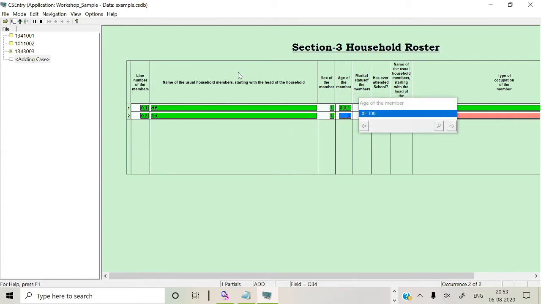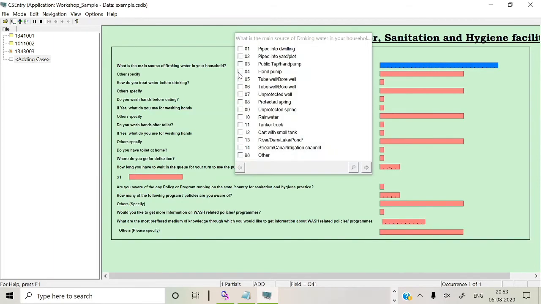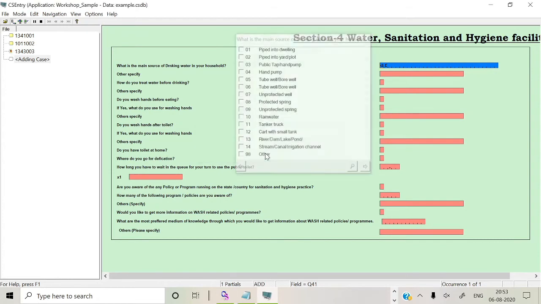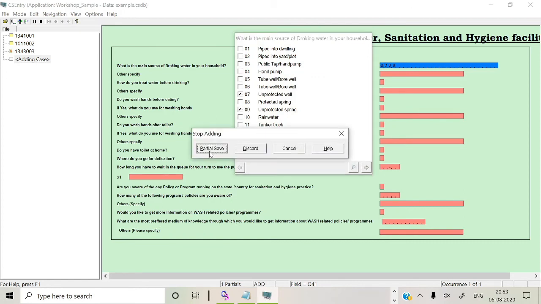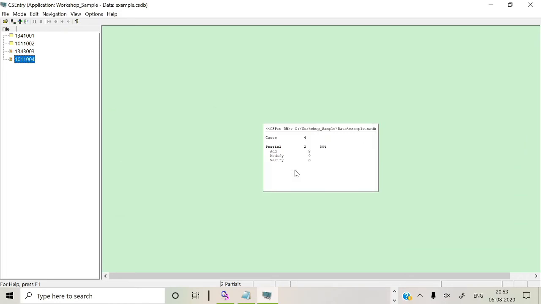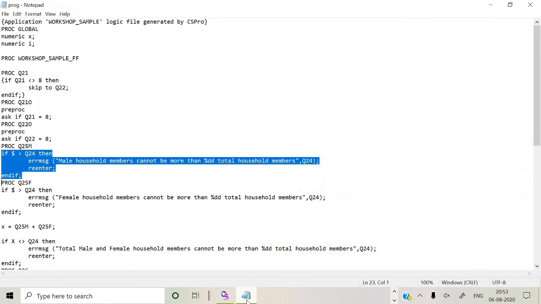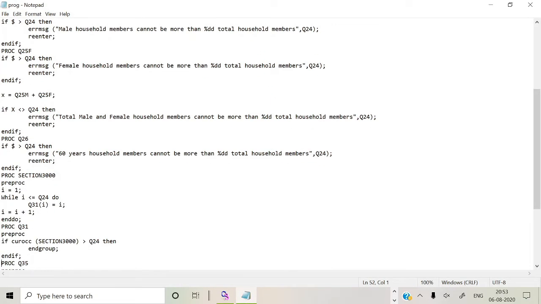So now what we are going to look at is how the variables are declared and all those things. It's multiple options. Now what we are going to see, without here, I am going to give a partial save. Now we are going to declare without programming, how we are going to declare it in a programming way, how we are going to control the roster.